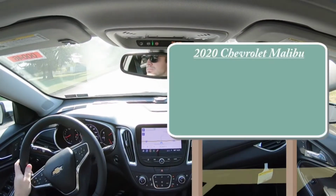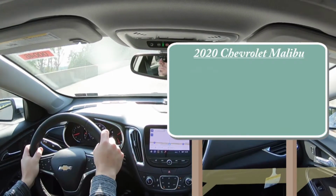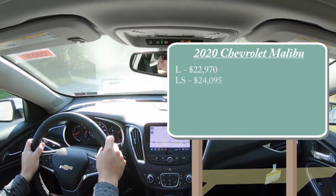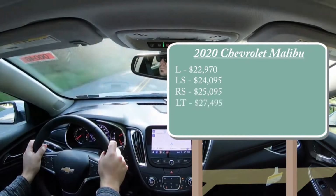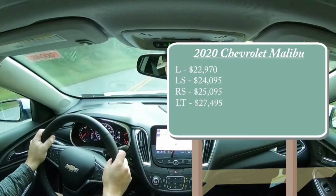As expected, there will be several different trim levels for the 2020 Malibu. First one being the L, starting at $22,970. LS for $24,095. RS starting at $25,095. LT for $27,495. And lastly, the Premier, the one we are in today, that one is going to start at